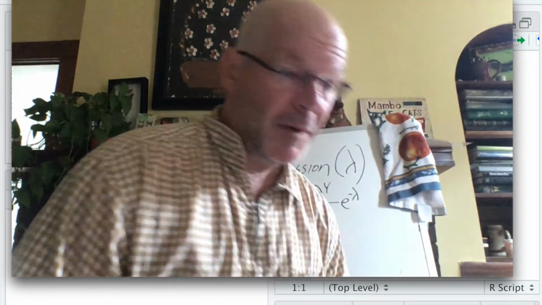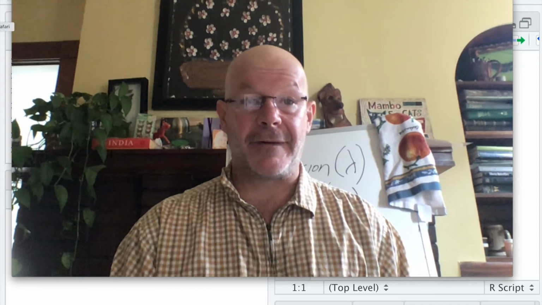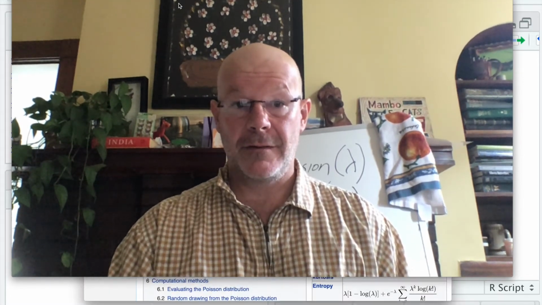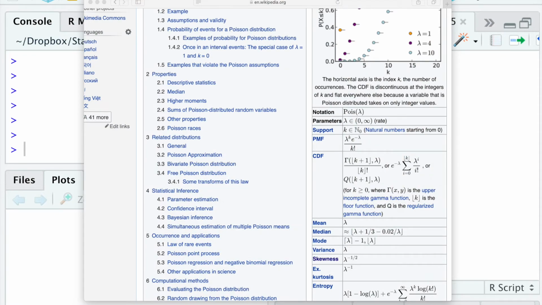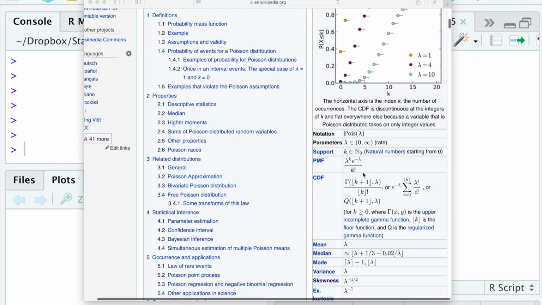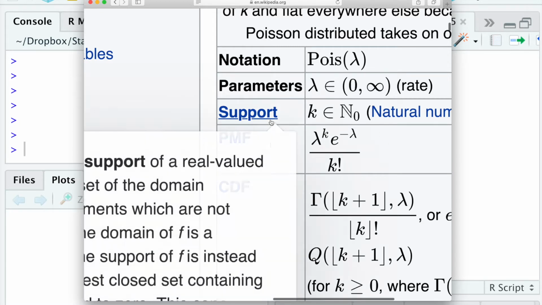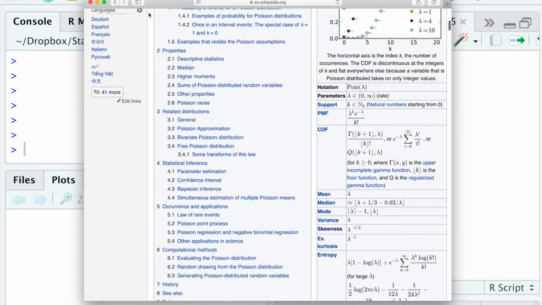Now, when we did the binomial, we went through and built that probability mass function from the ground up to take some of the magic out of it, and it's a pretty simple distribution, and we can kind of understand what those distributions are. We do not need to memorize that. There's no reason to memorize that because we can always just go onto Wikipedia and find out what the probability mass function is. So here, look at that. Look at how smart I am. I know how to use Wikipedia. So I just did a Google search. There's the Poisson distribution, and lo and behold, right there is our probability mass function. So there's no reason to memorize this because it's always going to be in a book. What we need to know is how to use it.